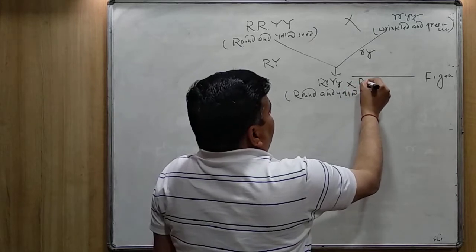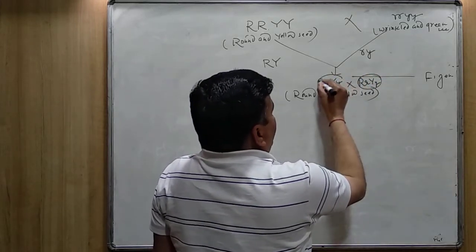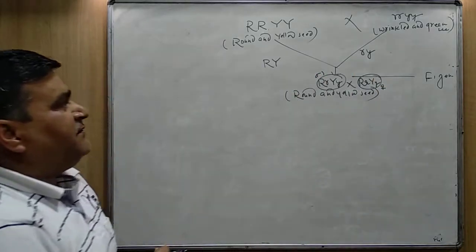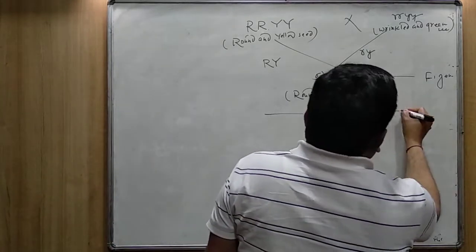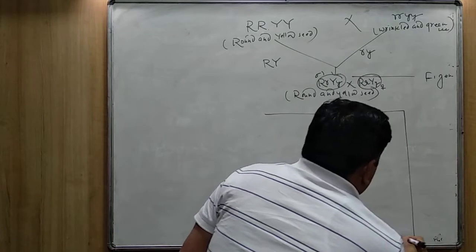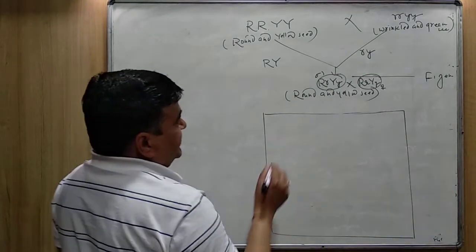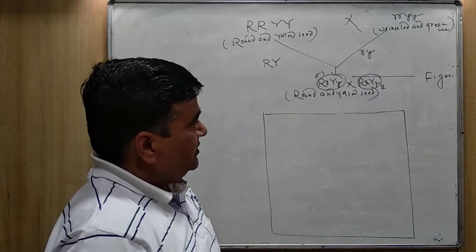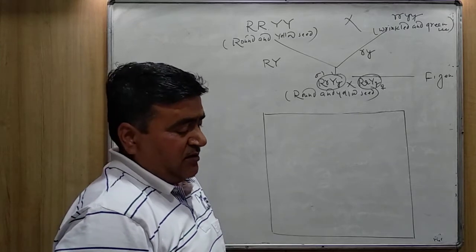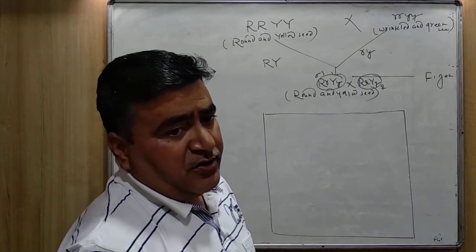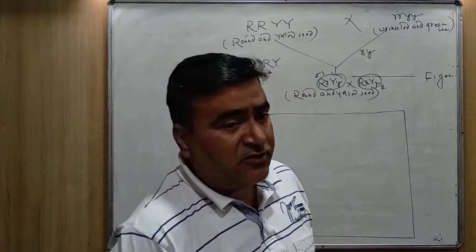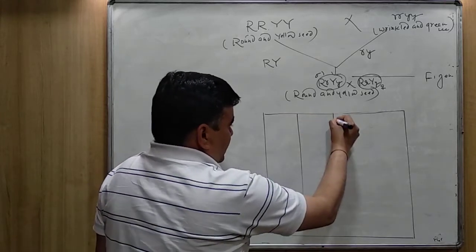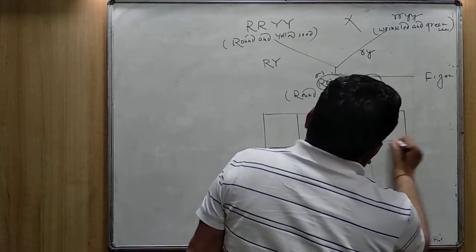After the cross, one you will consider as the male, the other you will consider as the female. Now, to know the F2 generation, you have to make a checkerboard. This checkerboard, as I told you, was given by Punnett, to know the phenotypic and genotypic ratio. Now in the cross, you will prepare this table like this.